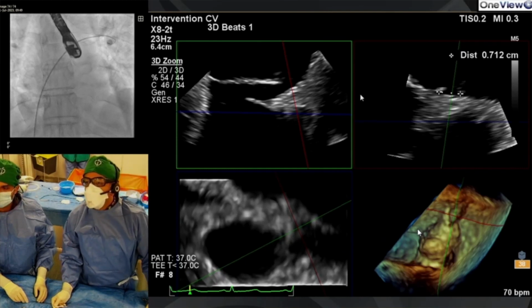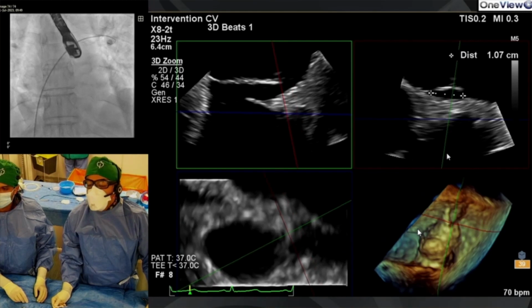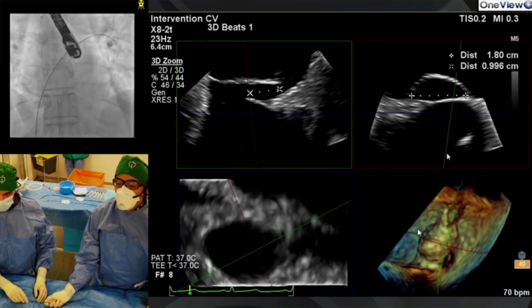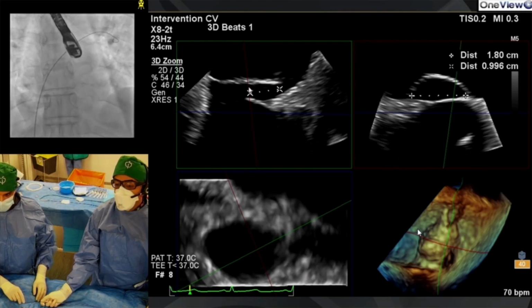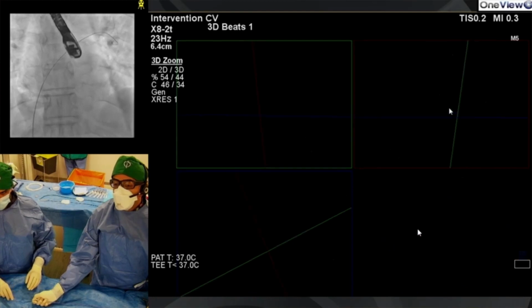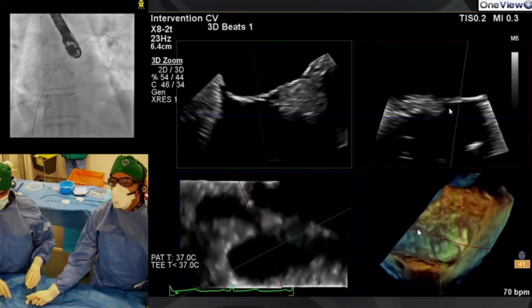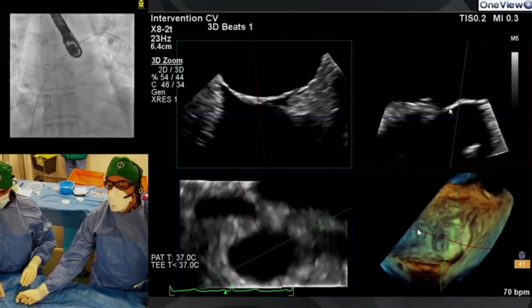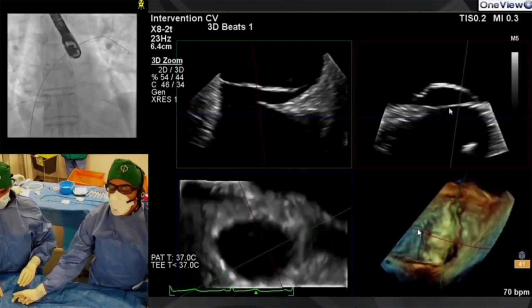So 7 millimeters is the opening here. As we walk ourselves down this hole, it gets a bit wider to 11, and then as we come to the bottom, the RA opening, it's now actually 18 millimeters, and there may be a bit of a tunnel which we measured about 7-8 millimeters. So I think this is complicated, and normally I wouldn't balloon size in most PFOs when you have this anatomy,